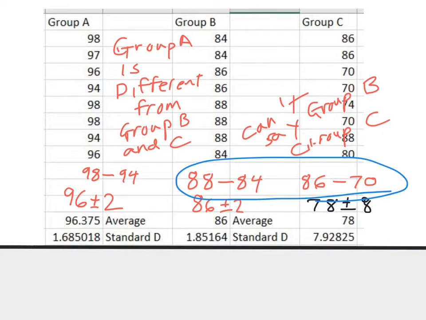If we really want to drive home whether or not two groups of data are different,